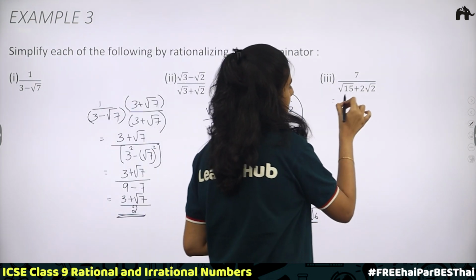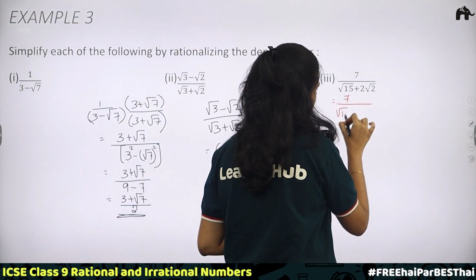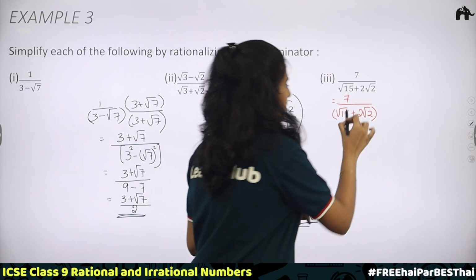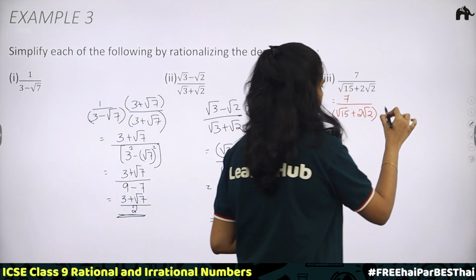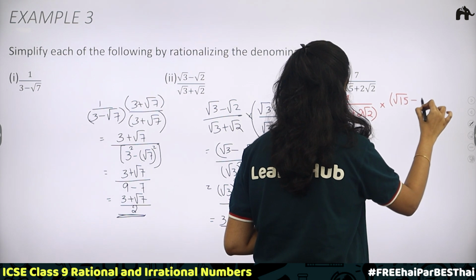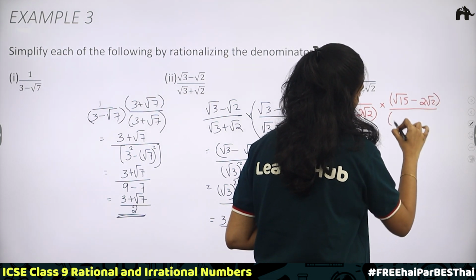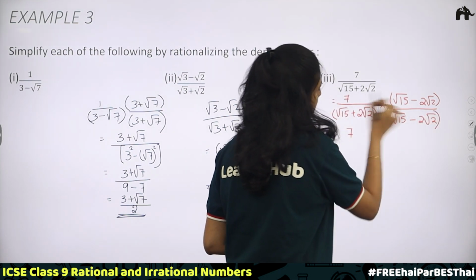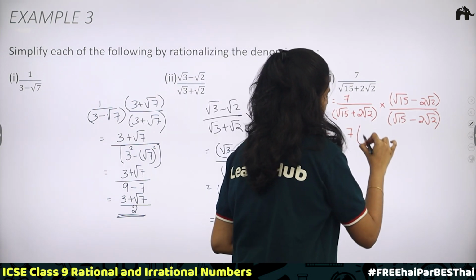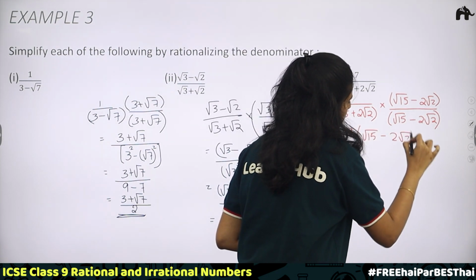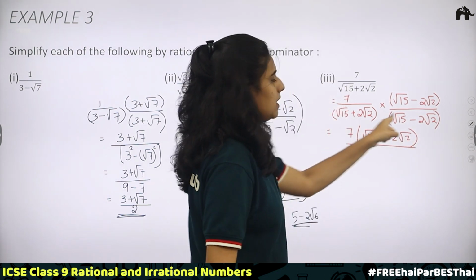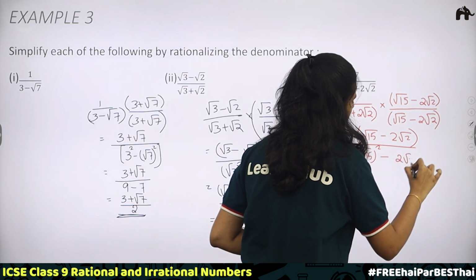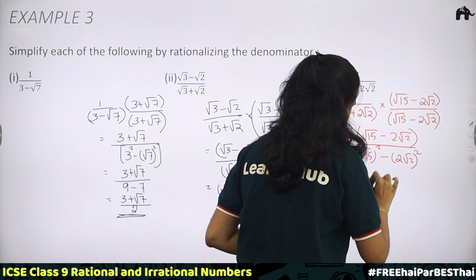Now the third one, 7 divided by root 15 plus 2 root 2. So here what is the rationalizing factor? Yes, you have to change this positive to negative. Then you will be getting root 15 minus 2 root 2 divided by again root 15 minus 2 root 2, which is equal to 7 into root 15 minus 2 root 2. You can write as it is root 15 minus 2 root 2, whole divided by A plus B into A minus B. Therefore, root 15 whole square minus 2 root 2 whole square,